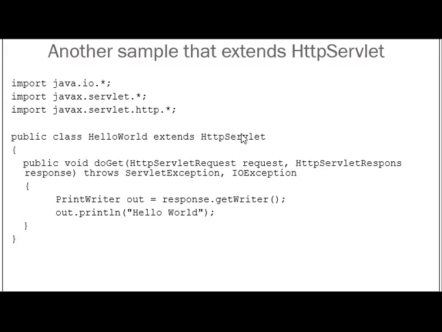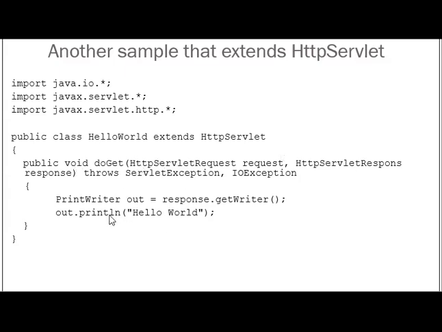So if you want HttpServlet, then we have to use this particular package. This HTTP package contains a number of interfaces and classes that are commonly used by servlet developers. Its significance is that it works over the internet using the HTTP protocol.